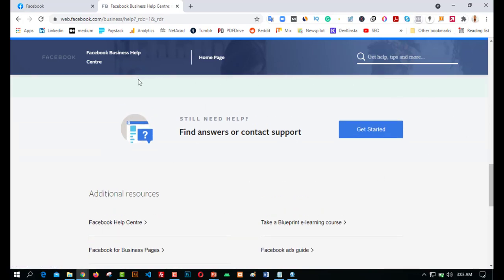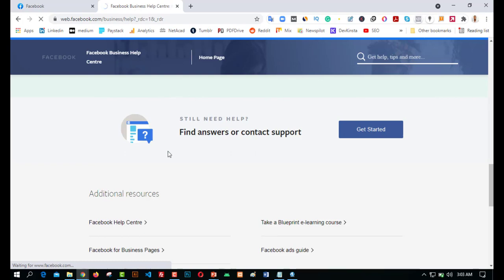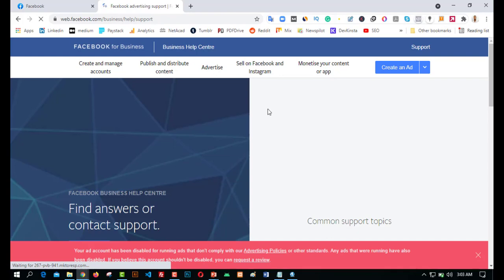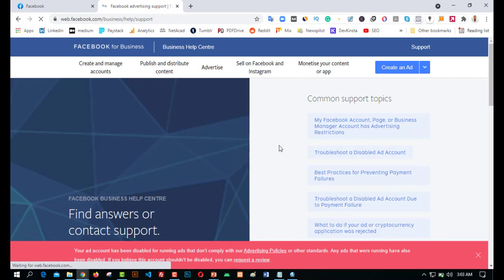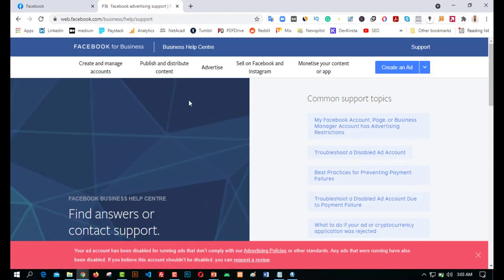What we are focusing on more is this: find answers or contact support. So when I click on this get started now, it's going to reload and get me to my support dashboard. Okay, now this is my Facebook business dashboard here where I can see the things that I need to do. Here is the support center where I will talk to Facebook directly about my disabled